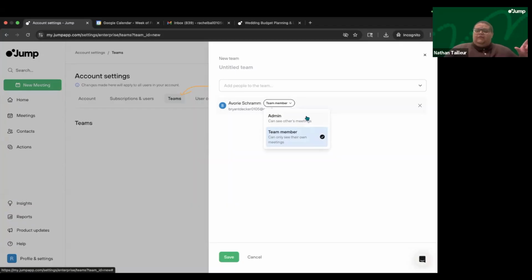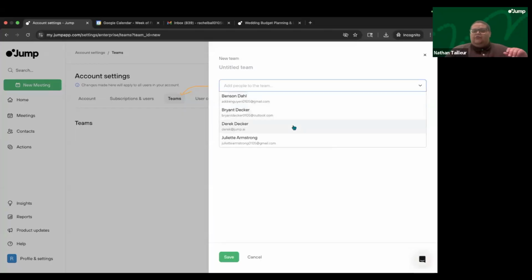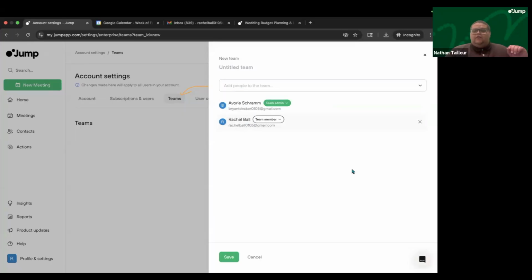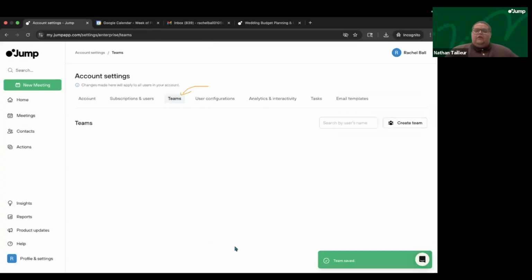Okay, what this means is if I put someone else on this team, Avery can now see all of their meetings. Right now, Avery still can't see anything because there's nobody else on this team. So I'm going to add Rachel to this team. Go ahead and select her name. Boom. Now, if I click save here and I tell Avery, hey, Avery, you're a team admin over Rachel,